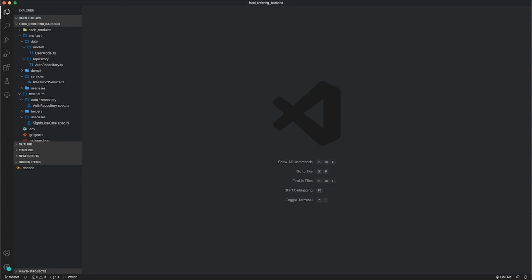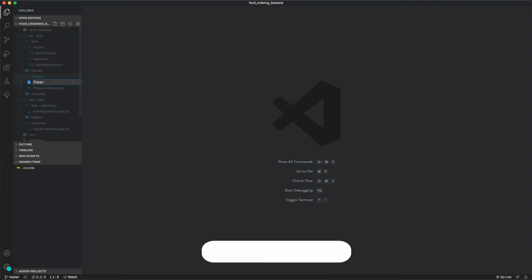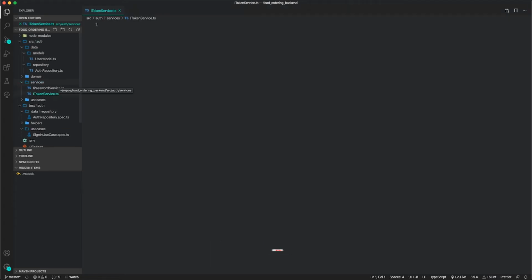So here in Visual Studio Code, as you can see here, I already have an interface for my password service. And so here I'm also going to add another interface for my token service. So I'm going to call it token service. And inside here, I am going to have two methods. So I'm going to create my interface, token service,